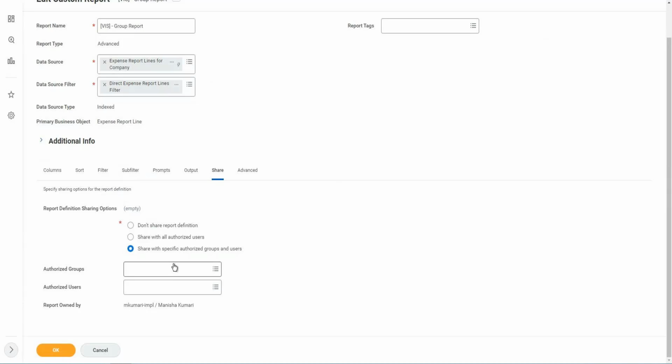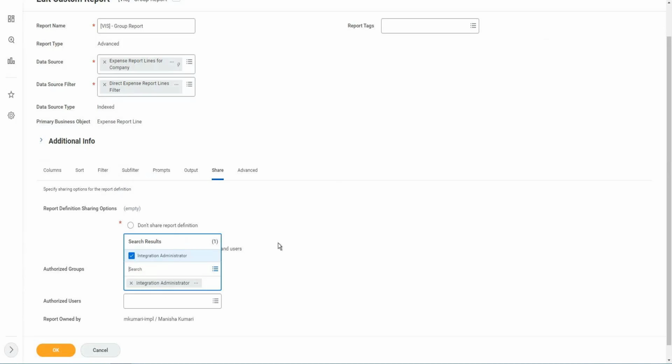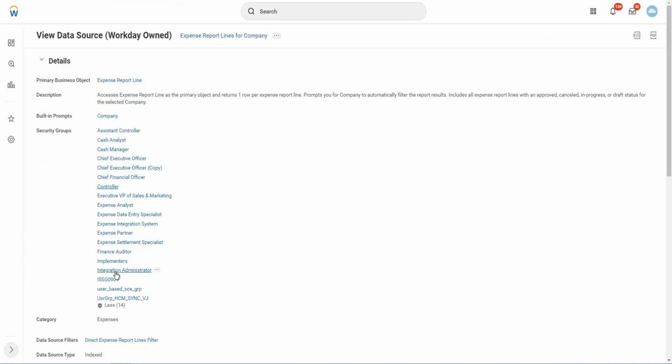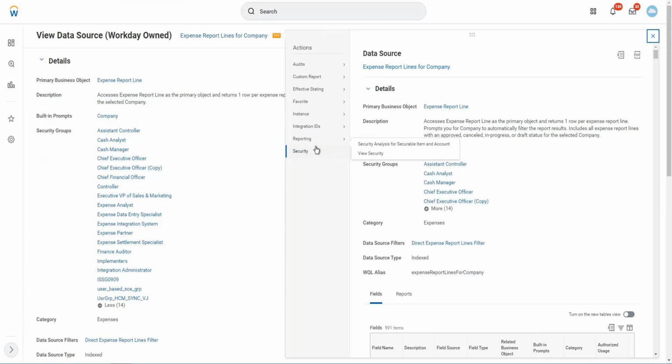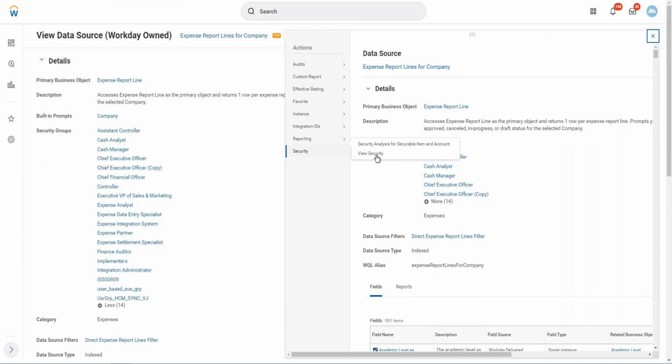For example, if I'm doing it like integration admin, it is coming here, right? Because it exists here. And you can add anything which is here. But if you don't have it and you wanted to give your HR partner access on this data source, how can you do that? You go on these three dots, you go to the security, you go to the view security, go to the related action, security and view security,